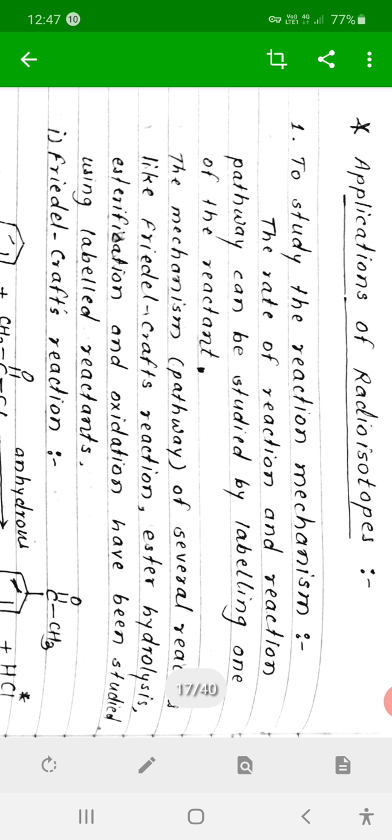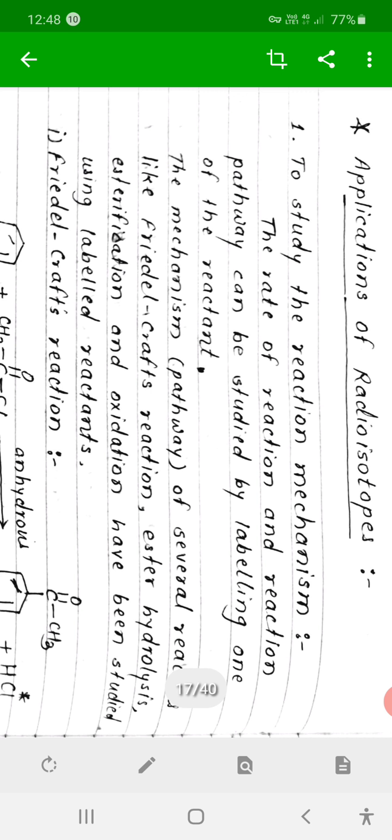We discuss here applications of radioisotopes. In the previous lecture we already discussed what radioisotopes are and the use of radioisotopes as tracers. In this lecture we discuss applications of radioisotopes as tracers. First application of radioisotope,